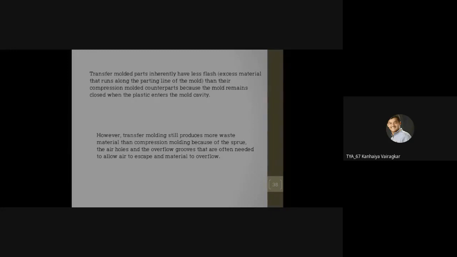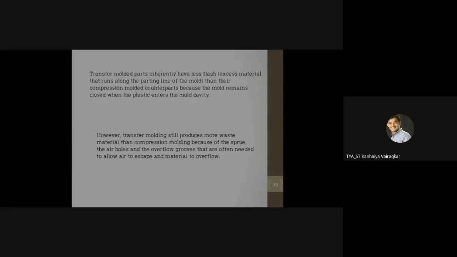So what happens, the transfer molded parts inherently have less flash, obviously. In compression molding there is the case of the parting line. In the landing part, you have seen that the excess material flows over the land area and creates extra features called flash. But that flash will not be here. Simply when material is transferred from the sprue, it will directly go to the cavity.